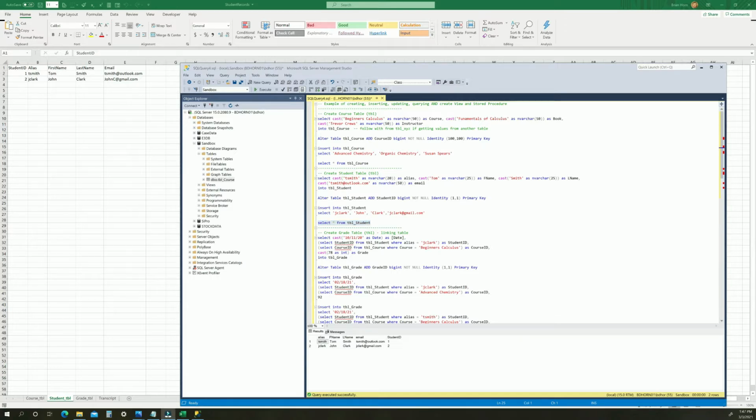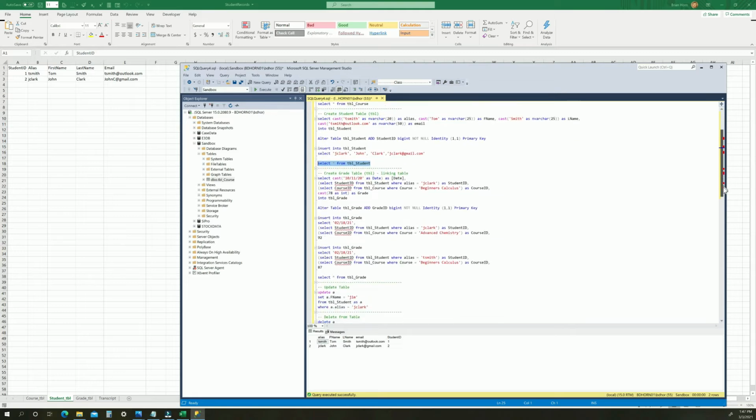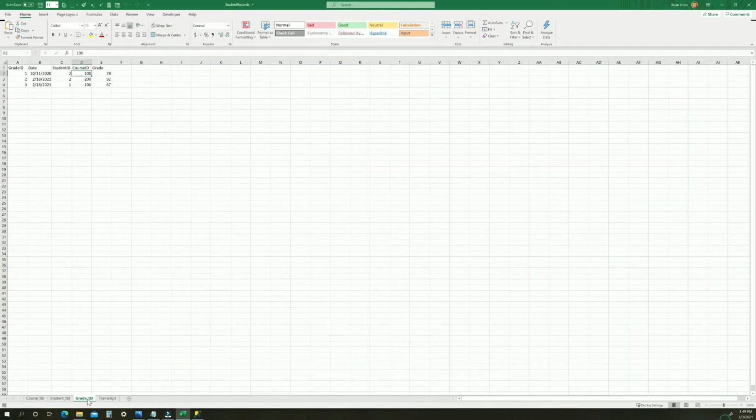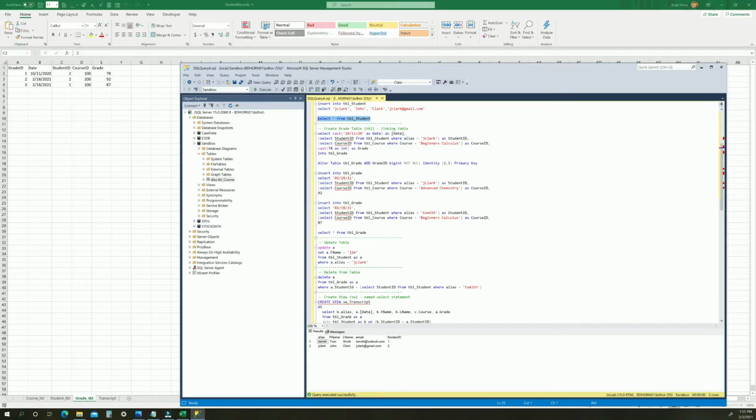Next, let's create the grade table, which is essentially recording a grade that a student receives in a particular course. Recall back to the spreadsheet that the grade table worksheet contains two identifiers or keys that point to the previously created tables. Those two values are looked up from the other tables,